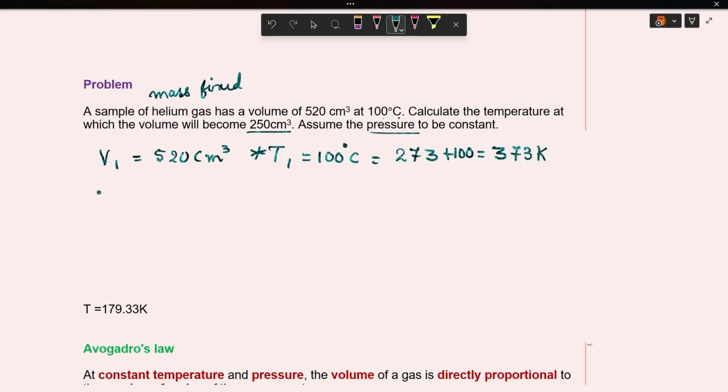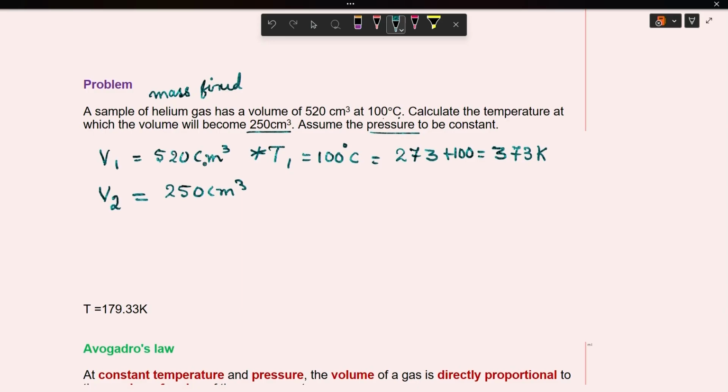Now, here we have the temperature as 373. T2 is not given, but V2 is given. V2 is equal to 250 centimeter cube. Here please note that the volumes are both in centimeter cube, so I am not going to convert it into liters or milliliters, because both the volumes are in the same unit. And we are supposed to find out the temperature at which the volume has been reduced from 520 centimeter cube to 250 centimeter cube. Again, applying Charles' law, we know that